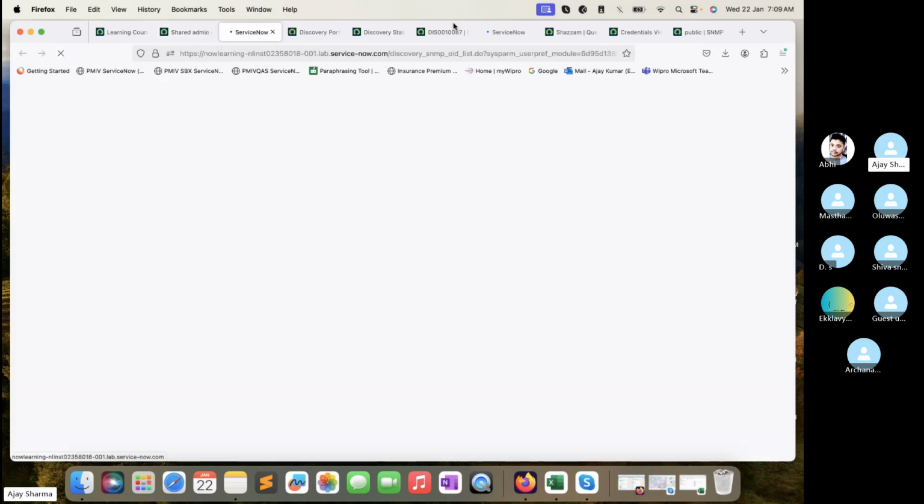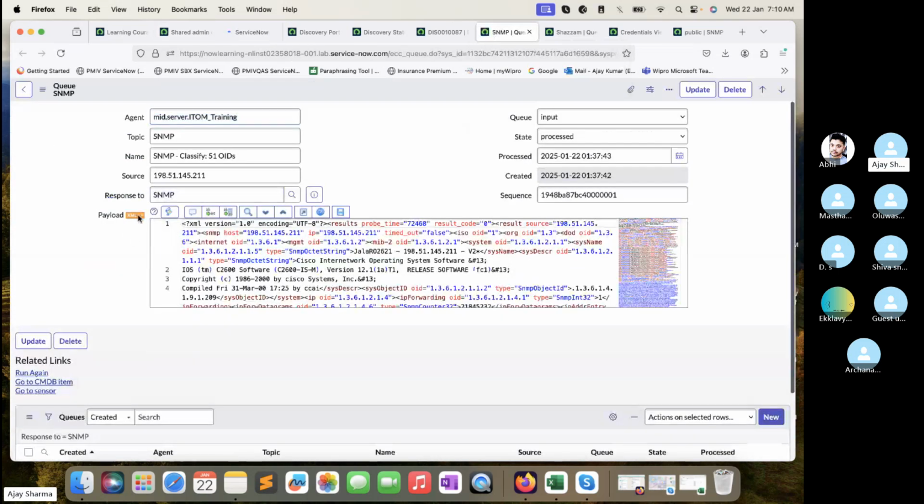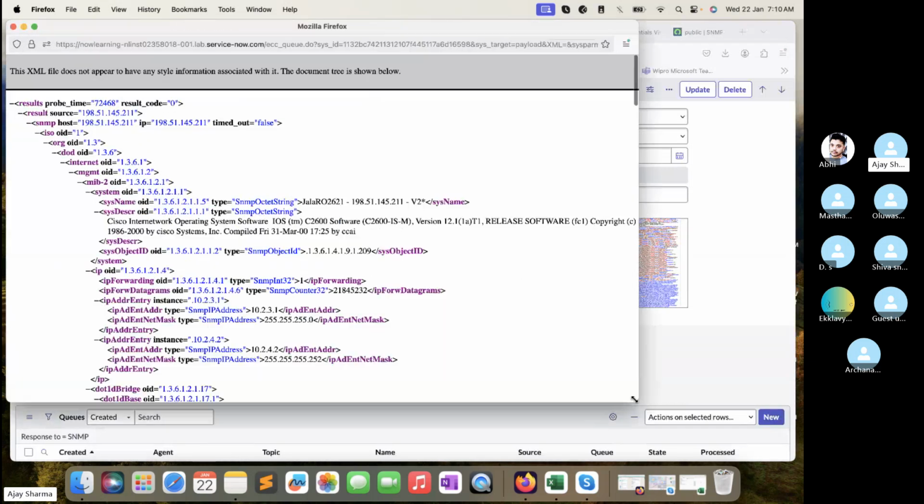Okay, SNMP system OIDs. As I mentioned, SNMP OIDs have a tree, right? So 1, 1.3, 1.3.6. And that's creating 1.3.6, 1.2, 1.5 is the SNMP octet string where this particular information is going to be captured. In 1.1, that information is going to be captured. In the next one, they are capturing the object ID, right? So always try to find out this SNMP object ID, and whatever is here,